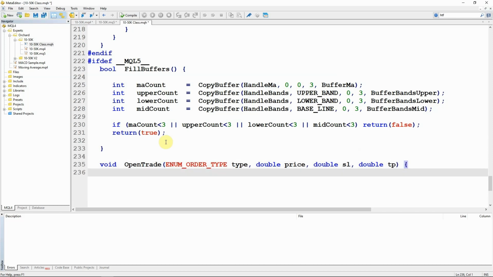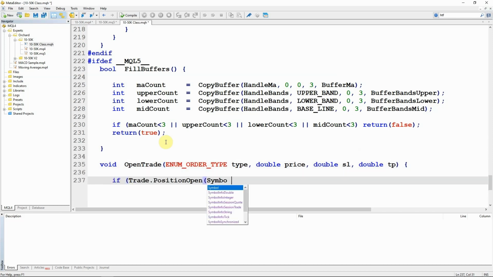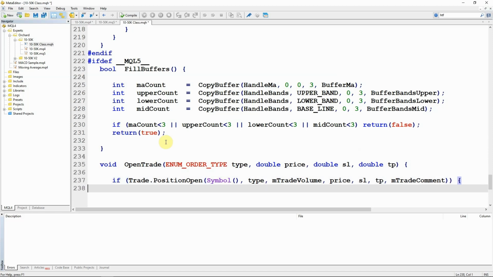Now the open trade function for Metatrader 5, and I'm using the trade object that we created earlier. Trade.positionOpen still takes the chart symbol, still takes the type of the trade, so enum order type, order type buy or sell, the volume, the price, stop loss, take profit, and the trade comment. You'll notice there's no argument here for the magic number, and that's why we set that earlier in the code.